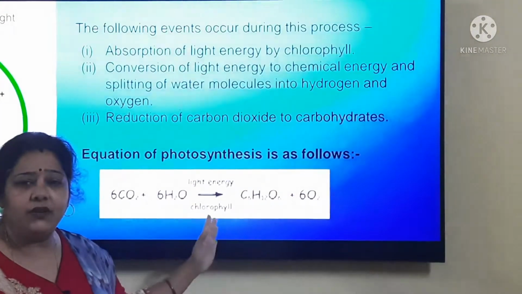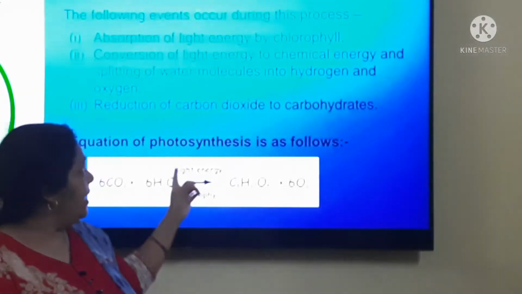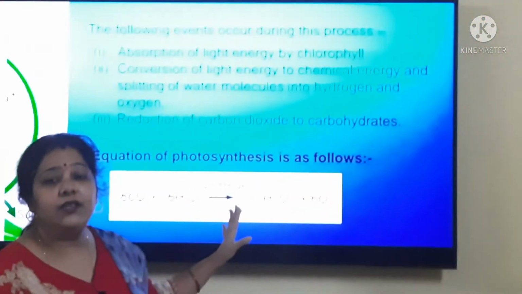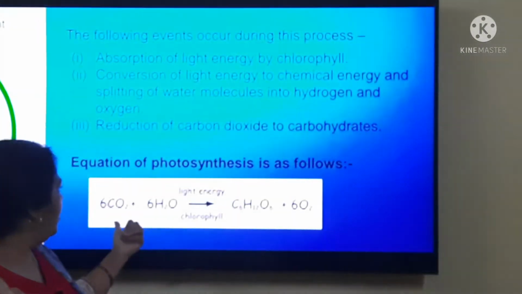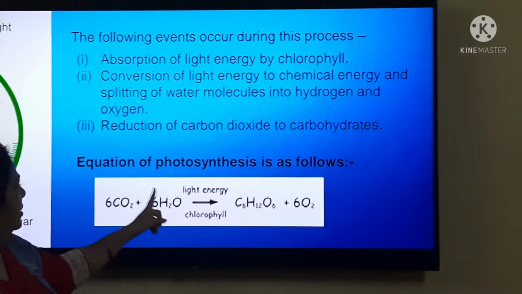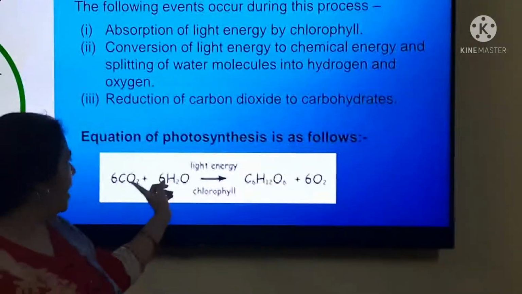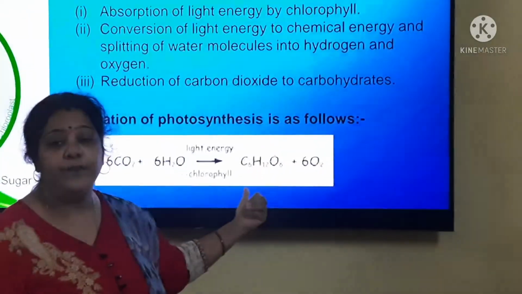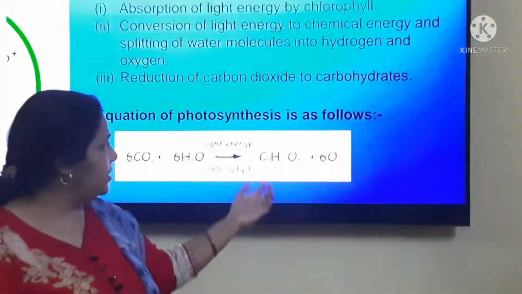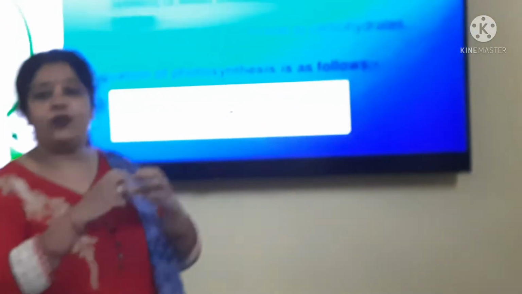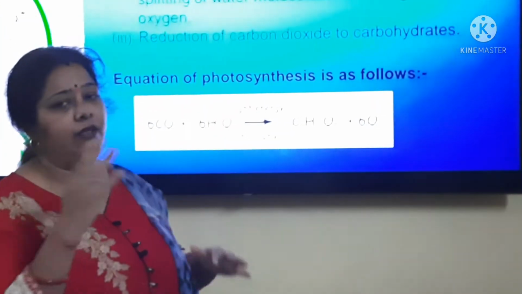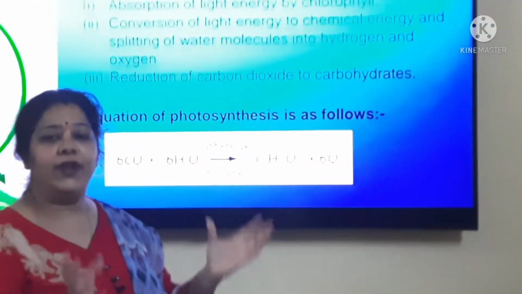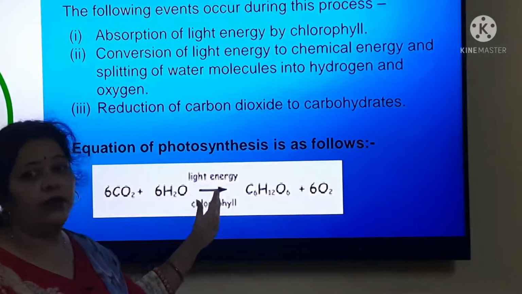All this we have discussed in our previous class. And at that time you told me the meaning of reduction. That means here it is addition of hydrogen. So in carbon dioxide, hydrogen from the water is getting added and it is reduced to carbohydrate. Here this is the formula of glucose, C6H12O6. So it is a single unit. When many units of glucose combine together, they form the carbohydrate. So from the simpler raw material, a complex substance is prepared in the plants.